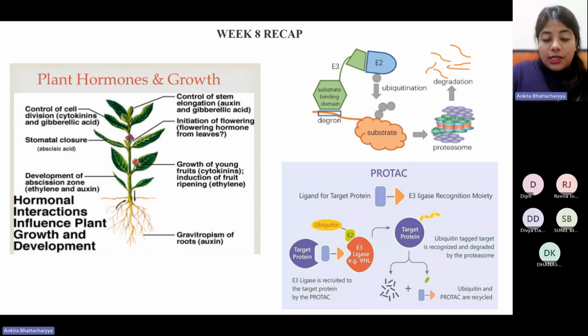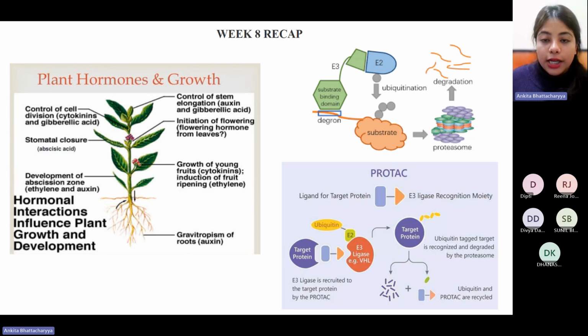So keeping this in mind, the system that I've not elaborated on, but that was present as part of the video lectures, is one particular degron. Degron is a system that helps in degradation of a protein of interest. I have also given a schema on the right for your understanding. What you see is a degron that has a substrate. You can see that upon the binding of a substrate binding domain, it calls for the ubiquitination machinery, the E2 and E3 ubiquitin ligases, which come and ubiquitinate the substrate that targets it for proteasomal degradation and removes that protein from the system.